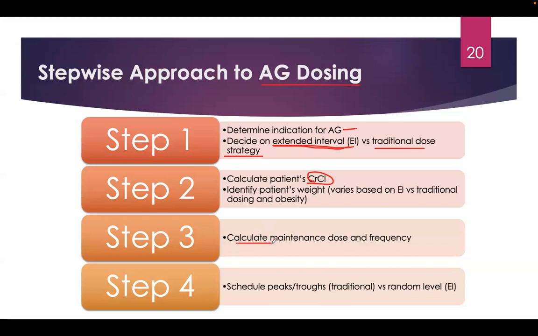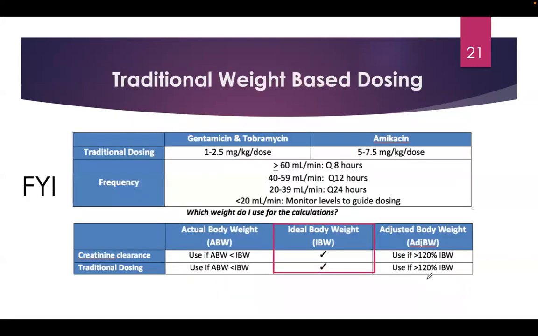But you're going to calculate your dosing and your frequency, and then you need to decide, do you need peaks and troughs? And what are those peak and trough targets? Or do you just need a random level because you're doing the extended interval dosing? So that's what you need to decide. And this gives you an idea on traditional dosing. For example,